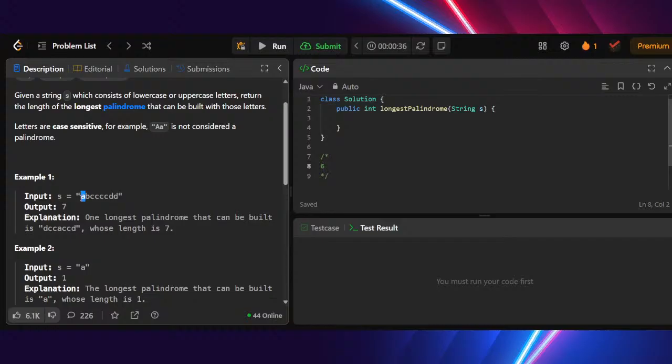So A is only 1. For C, whichever has an even number of occurrences, you just count all of them. So 4 C and 2 D, which is even, that is 6. So you can create a palindrome from this. Then you can take one odd letter. Whichever occurs an even number of times, you take it and sum them, and then the ones that occur an odd number of times, you have to place in a perfect position, right? If there are, for example, A and B, that doesn't work, but if you have